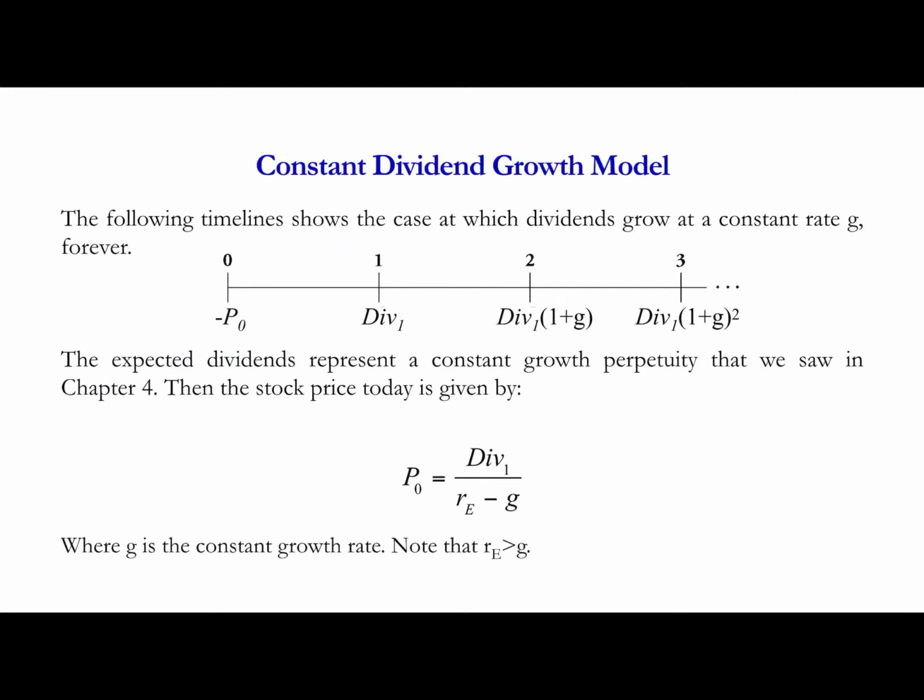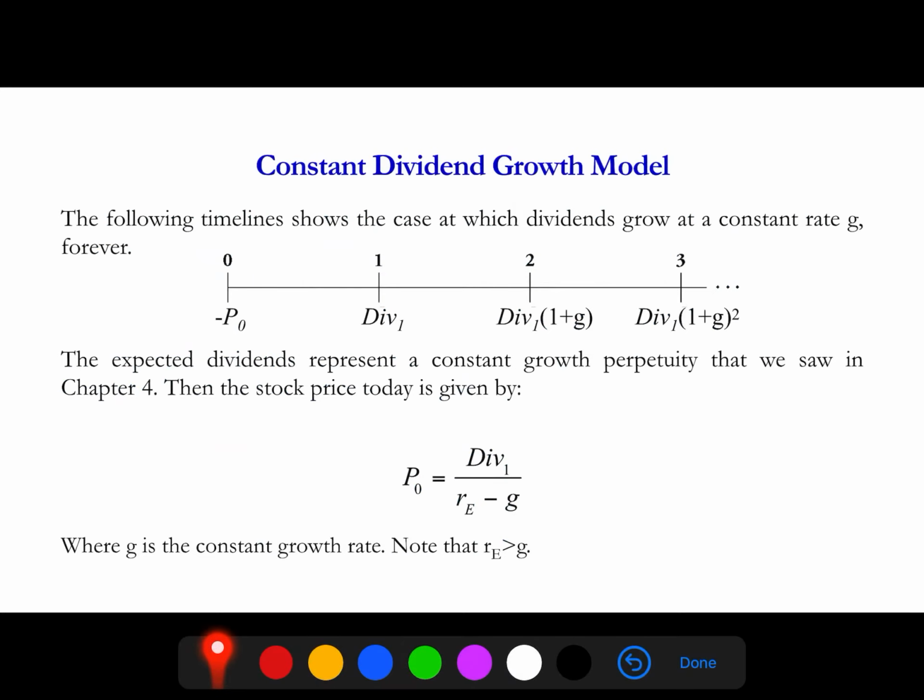The constant dividend growth model assumes that dividends grow at a constant rate g forever. And here is a timeline for the constant dividend growth model. So this timeline represents a constant growth perpetuity, and we can calculate the price of the stock using this formula. So from this formula,